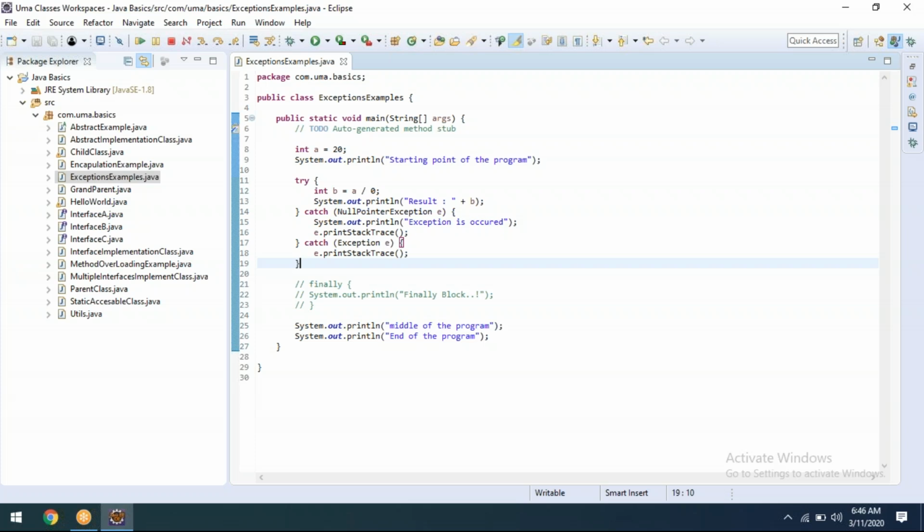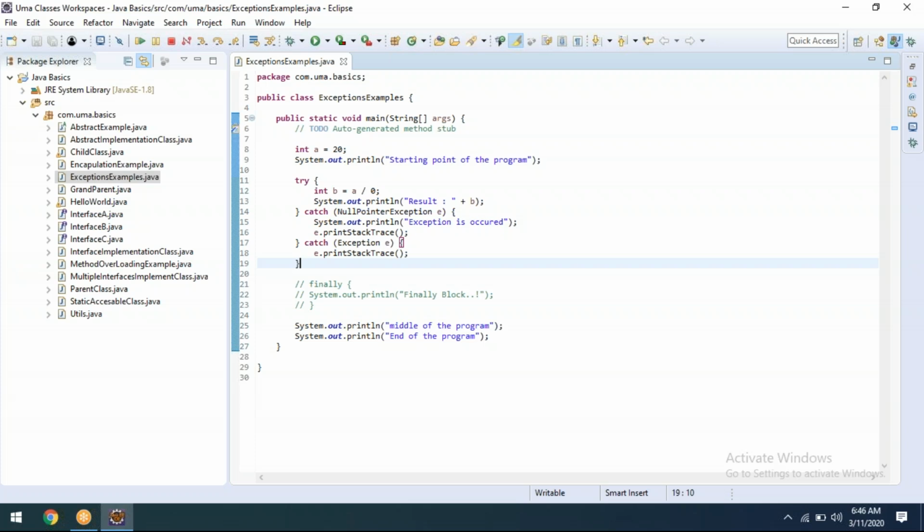Second point, without any combination, a single try is not possible, a single catch is not possible, and a single finally is not possible. This is clear?